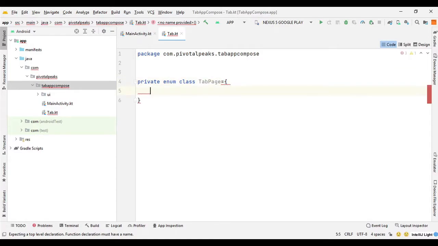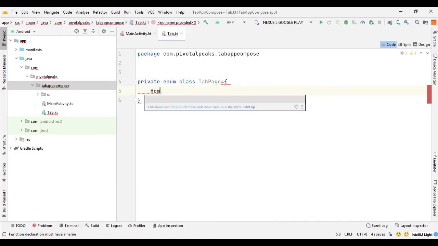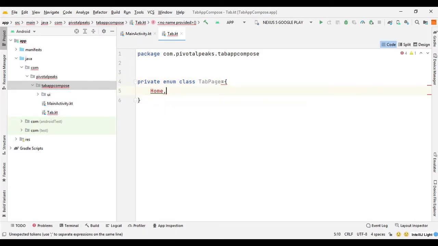So we will store our tabs here in our enum class. So I will say tab page, and let's call them home and office. We need to remove this equal sign. So we have created two tabs for home and office. Now I am going to create a function for the tab. So I will say at composable